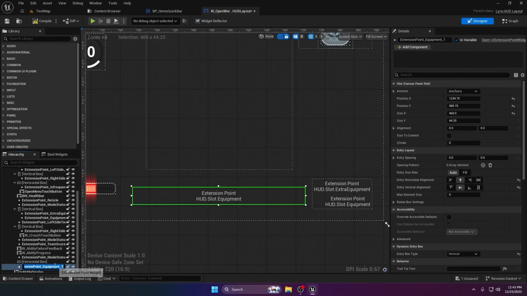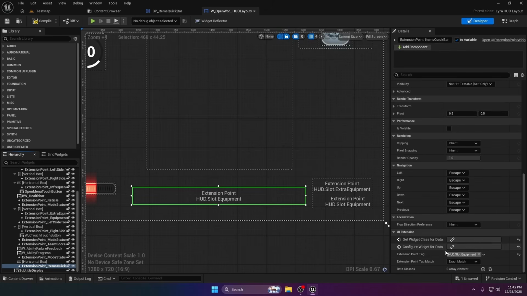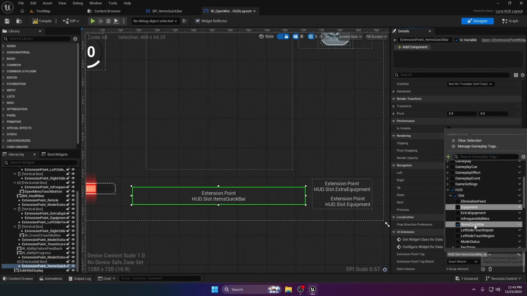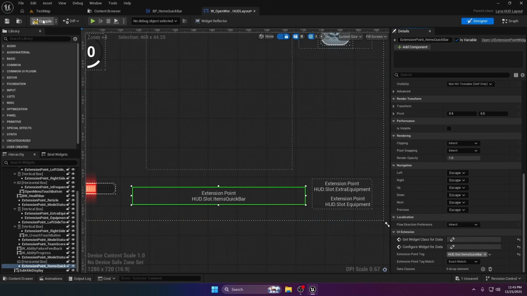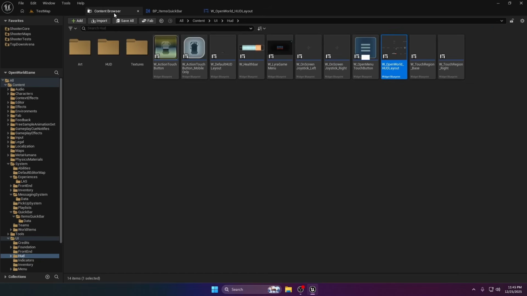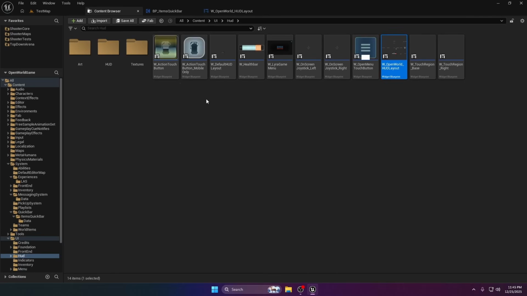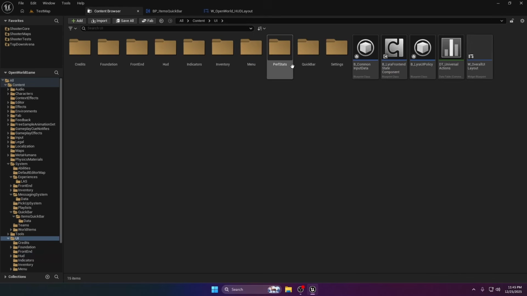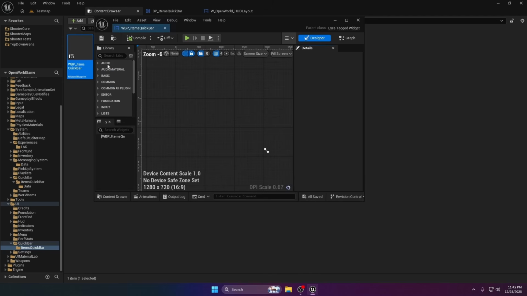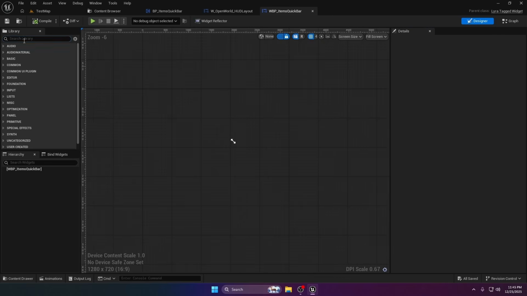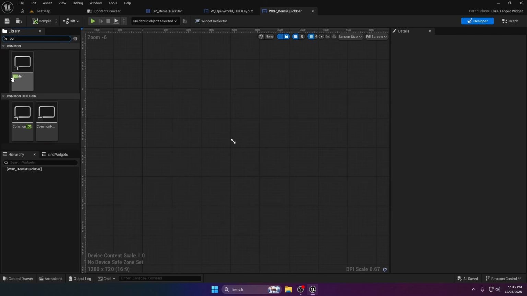And let's call it here items quick bar. And the important thing here is going to be items quick bar. And what we need to do now is, so quick bar, need to open this, and we add something here like border,